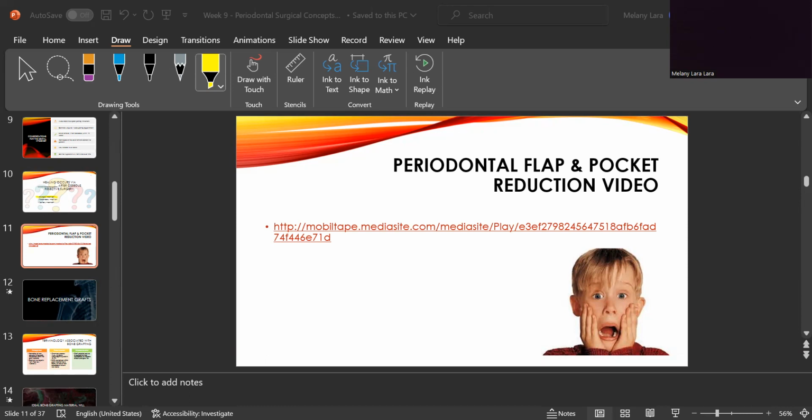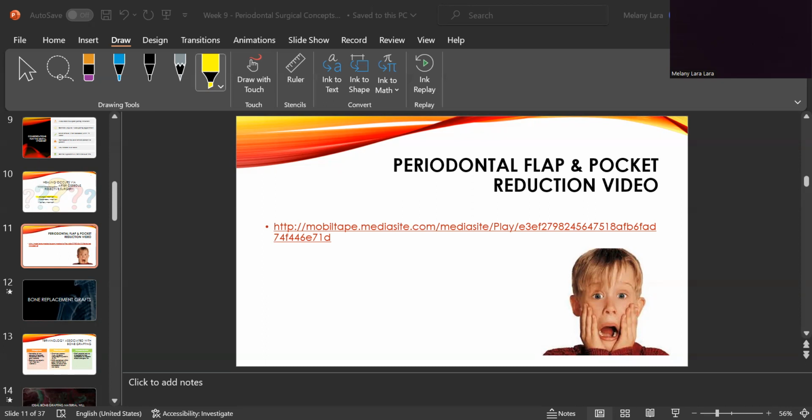With the flap elevated, you can see that the crest of the bone is visible and that there is a remaining collar of diseased epithelium and connective tissue known as granulation tissue. Once this granulation tissue is removed, inspection of osseous contours is performed. Here is an intraosseous defect in the bone. In addition, ledges of bone are present on the buccal aspect of this tooth, and furcation involvements are present in